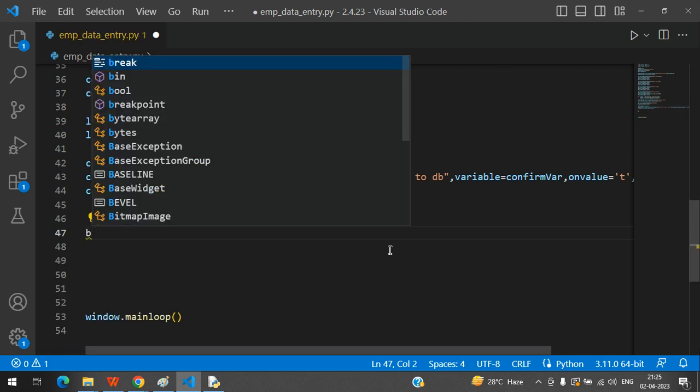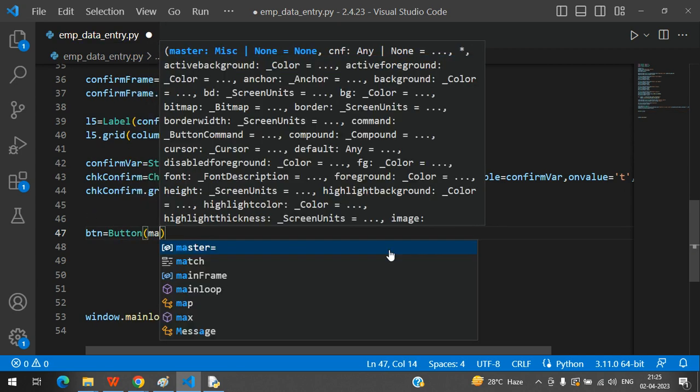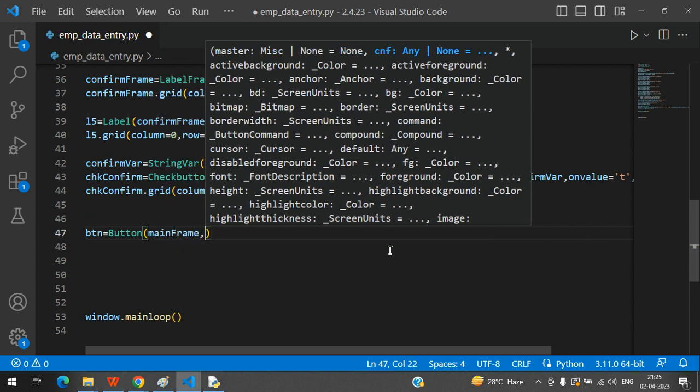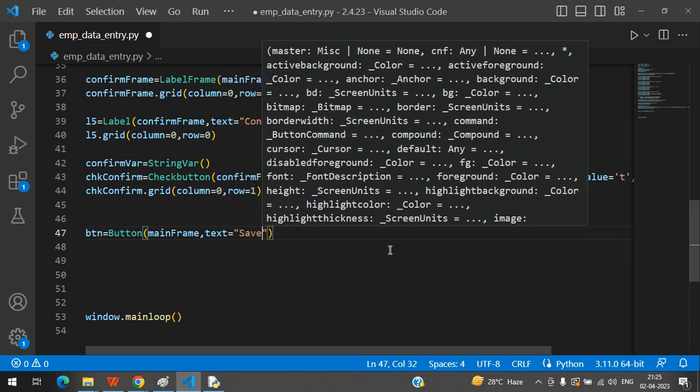Okay, let's say btn is equal to button. The button will be inside mainframe. I'm not putting it inside the other frames, say the employee info frame, EMP info frame, save,